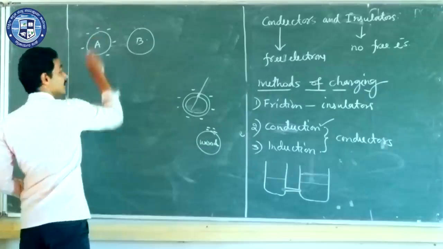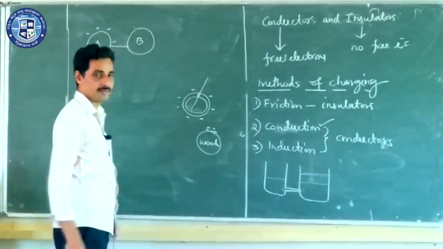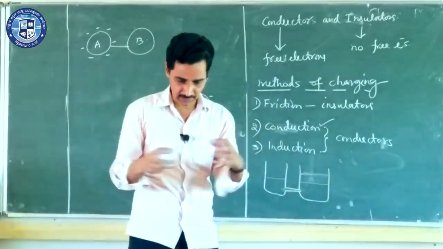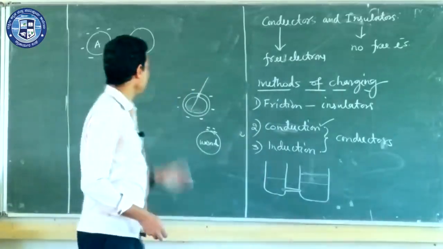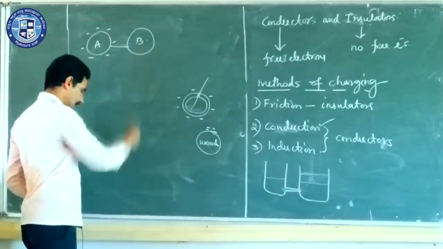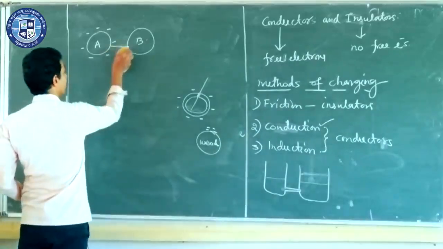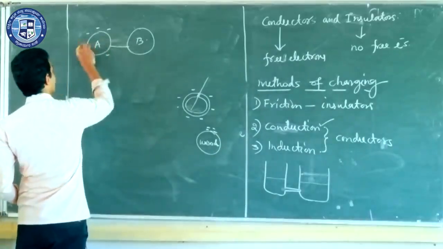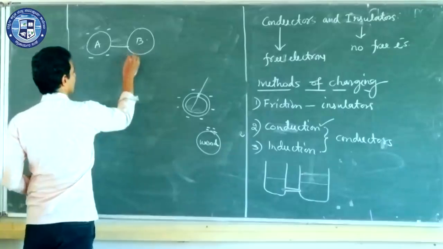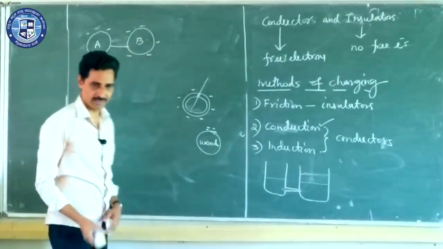Similarly, these electrons are finding a chance to move away. Connect them by a wire, or make them in contact. Immediately, some of the charges from here will go to the other conductor, and the other conductor also gets charged. And since we have used conductors, charges can flow, and this wire should also be a conductor. Some of the charges will flow to the other conductor. This also gets charged. Sir, how much charge? That depends on the size of the other conductor.